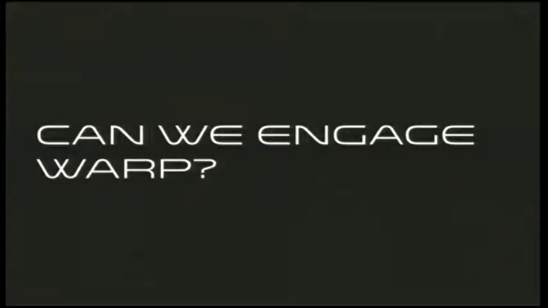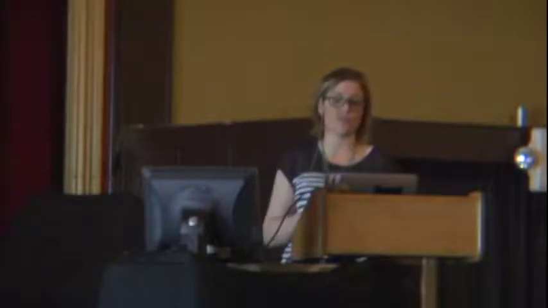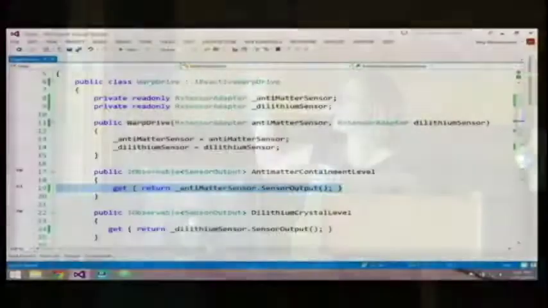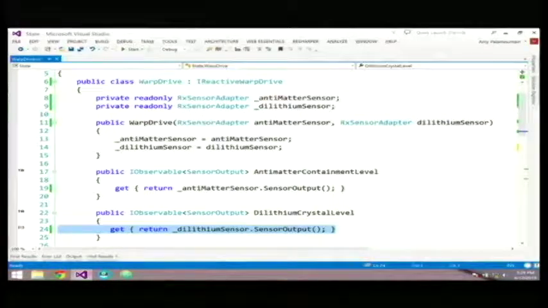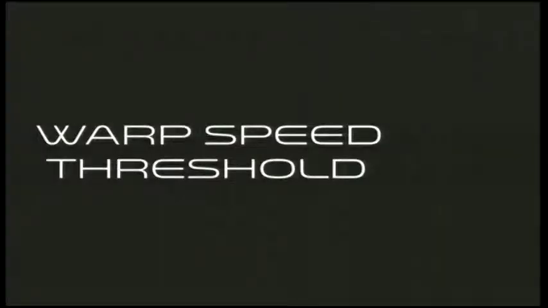Our view model contained a property which controlled the enabled or disabled state of a button. Using reactive extensions, we can combine the sensor outputs from different event streams to produce an entirely new event stream, allowing us to react to the sensor readings in real time. So we can combine the event stream of antimatter sensor events arriving with the event stream of dilithium crystal levels,